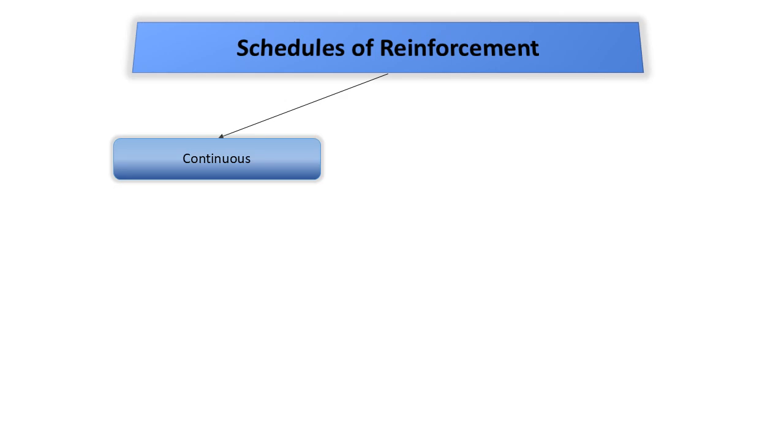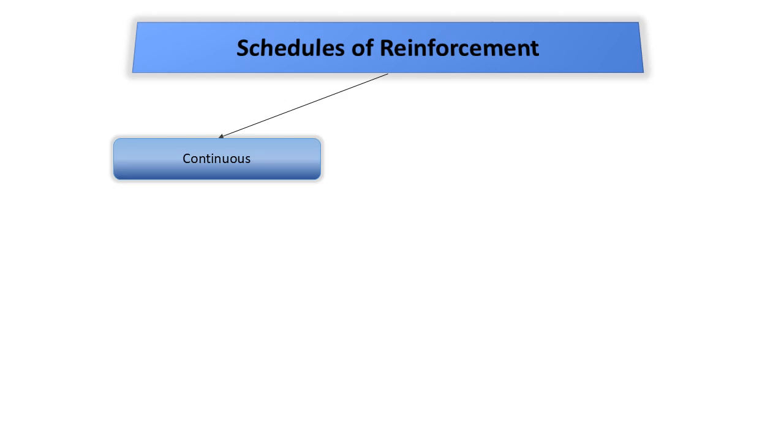For example, there is a child who is autistic in nature or is learning a particular behavior, or you ask a question to a child and the child responds correctly. So on every correct response, the reward is given so that the individual can be brought to a specific stage, or you can say a specific line of change. Similarly, because continuous reinforcement does not last that long and generally tends to extinguish more easily,